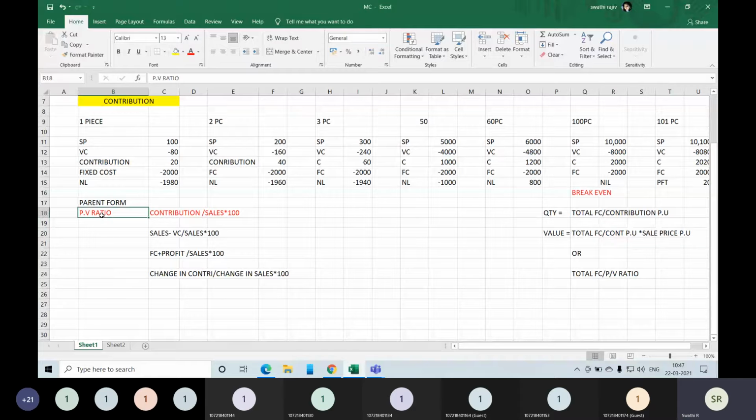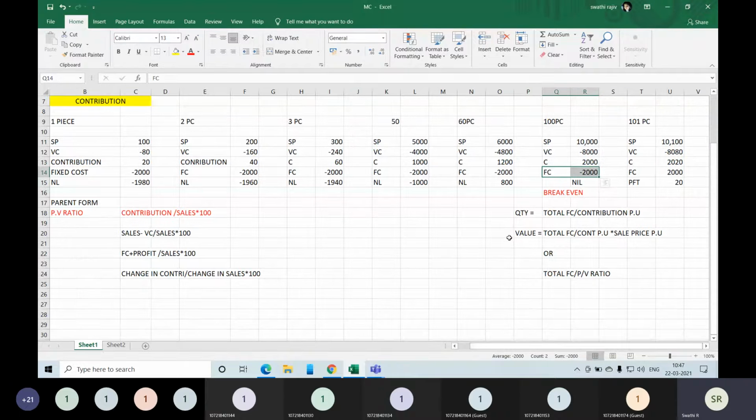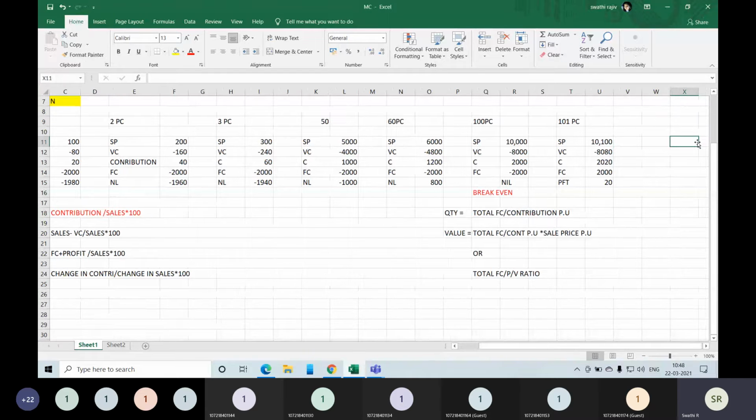So remember, profit volume ratio is contribution over sales. Break even point, you break even once you cover your fixed cost. So this formula is always related to your fixed cost. You have to cover your fixed cost. Why I am telling you this again and again is that we have more formulas to come, and I do not want you to get confused, oh my god, what is what, there is so much, and I don't want you to mix formulas as well. So PV, break even, is this much clear? Class? Yes, ma'am.